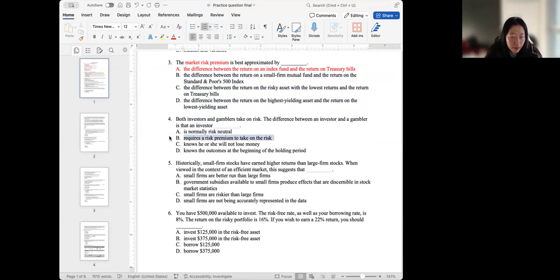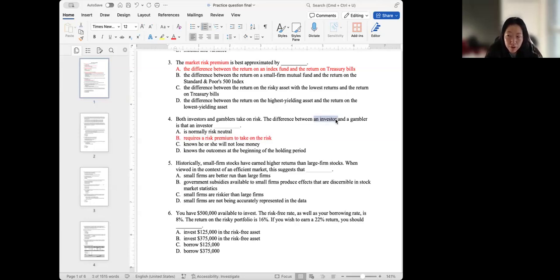So the main difference between gambler and investors is that a gambler can lose all of their money and still feel happy. So their risk preference is very clear, risk loving. So they want to use a small amount of money to bet on something, even though it's a small chance of winning big, but they're okay with that. So they're not penalized for the risk that they're taking. But